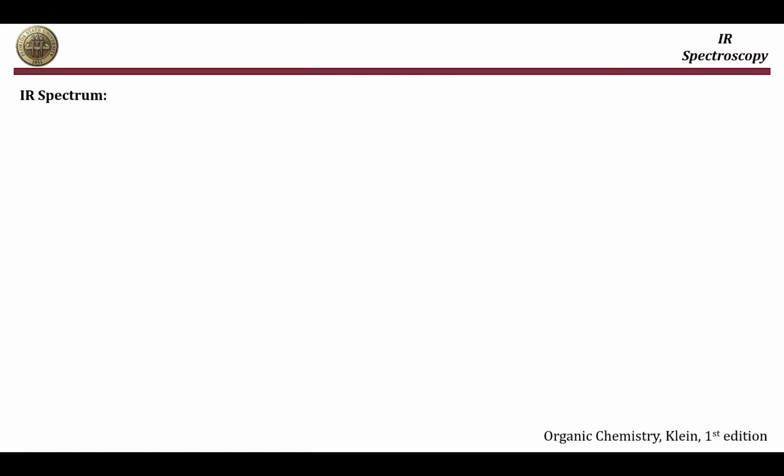Hi. In the previous video, I briefly explained IR spectroscopy: how IR radiation interacts with different molecules, and how this interaction can be used to interpret or to find the different functional groups that exist in a certain compound. And then we talked about the different factors that affect the wave number, the intensity, and the shape of the